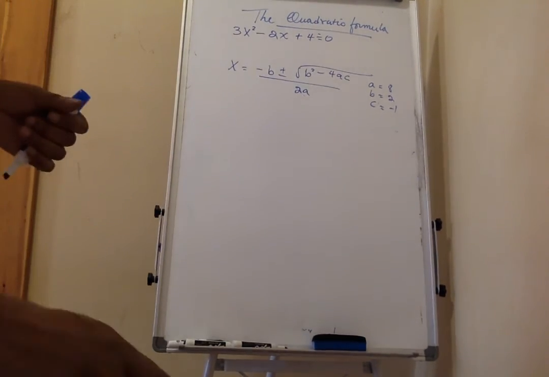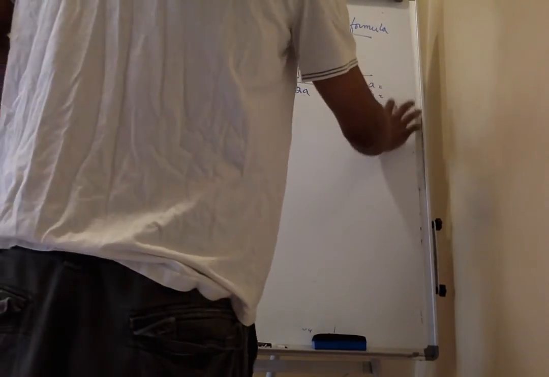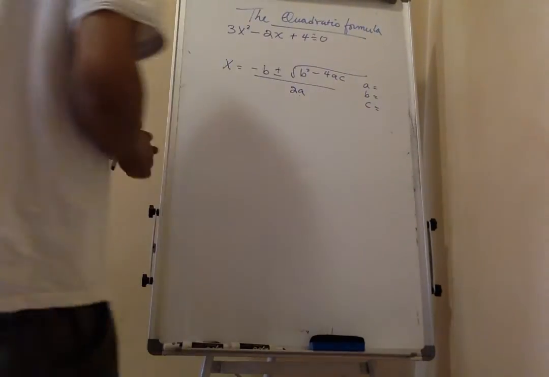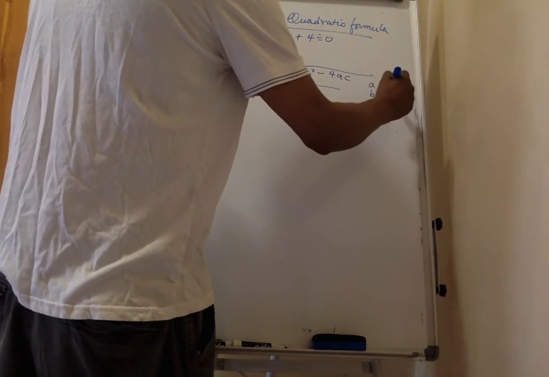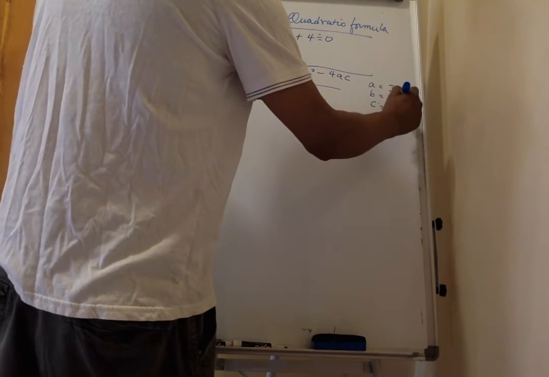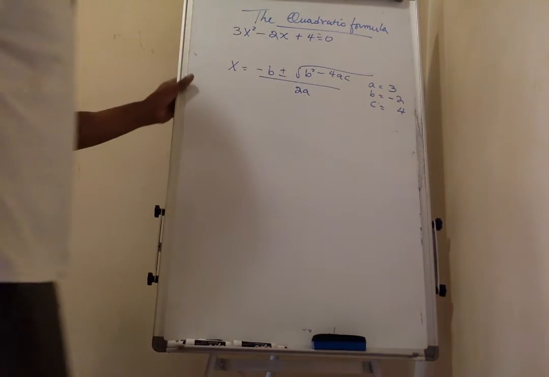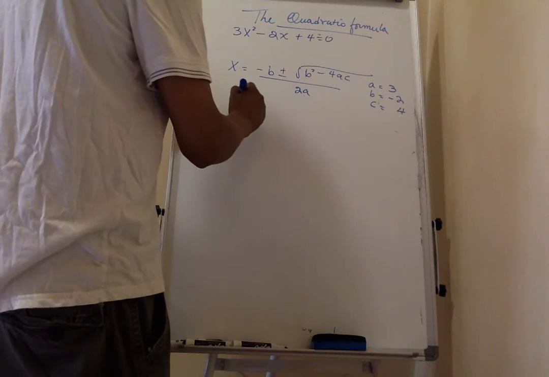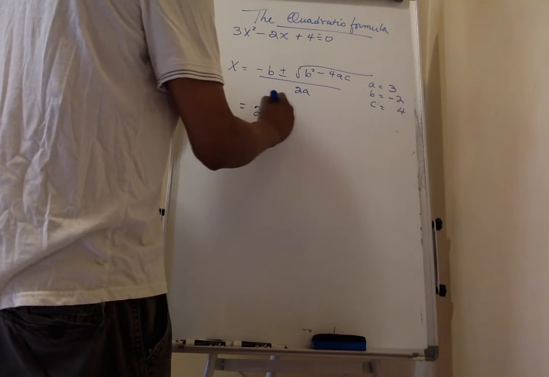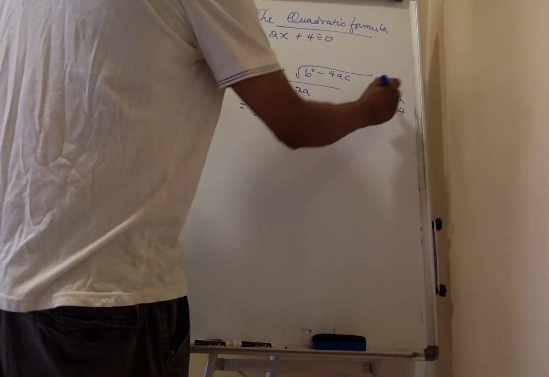Okay, and let's solve this. Now, your a is 3, your b is negative 2, and your c is 4. Now let's plug in. If b is negative 2, your negative b would be 2 plus or minus, and this would be